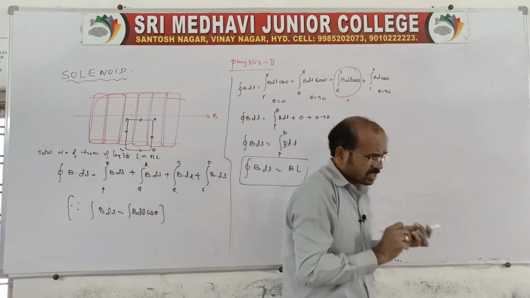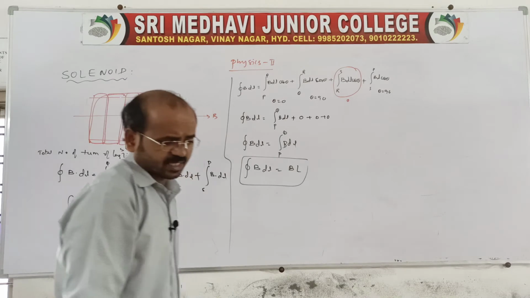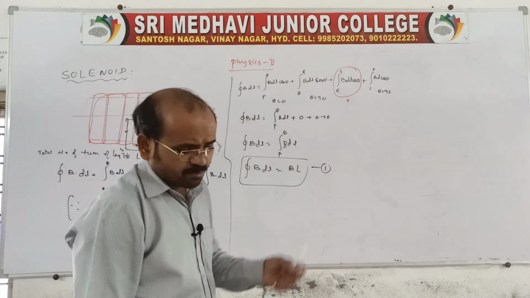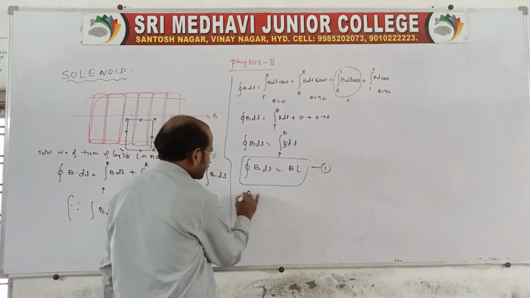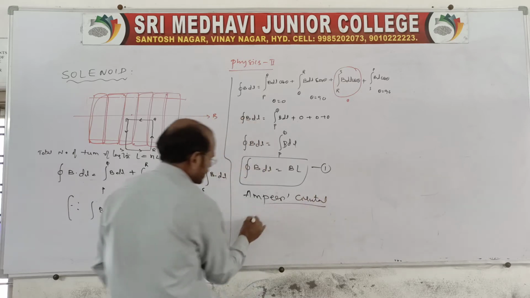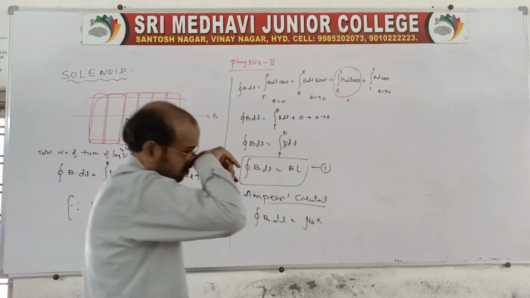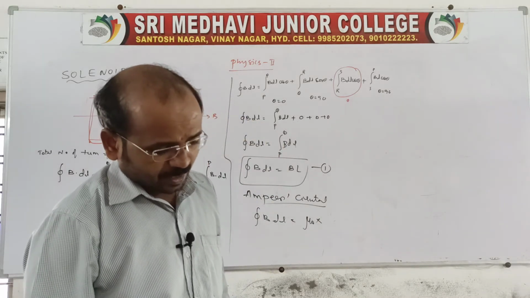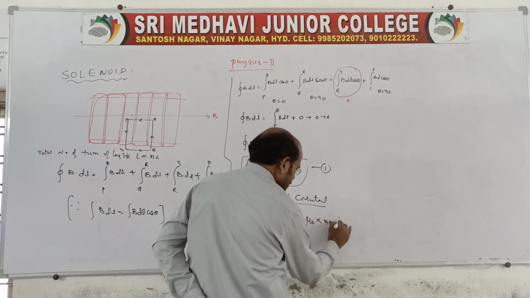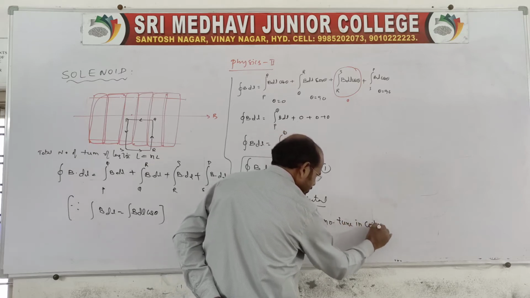This is what it is, the total length of the given, which one? Given is, we can say like this, right? Now come to the point, this is, you can say, equation 1. And we know Ampere's circuital law. That circuital law is nothing but a closed integral B dot dl is equal to actually mu naught into, we can say, number of turns in a rectangular coil, number of turns in a given coil